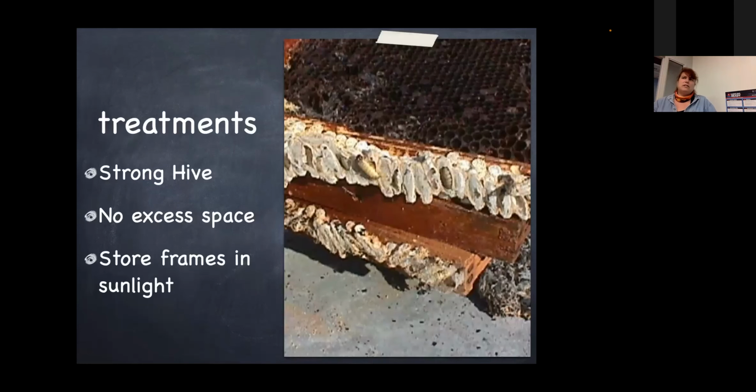Don't leave excess space. Like if you put extra frames on during the honey flow, make sure you pull those extra frames off so that the bees have less space to defend. If they can defend the amount of space, you're